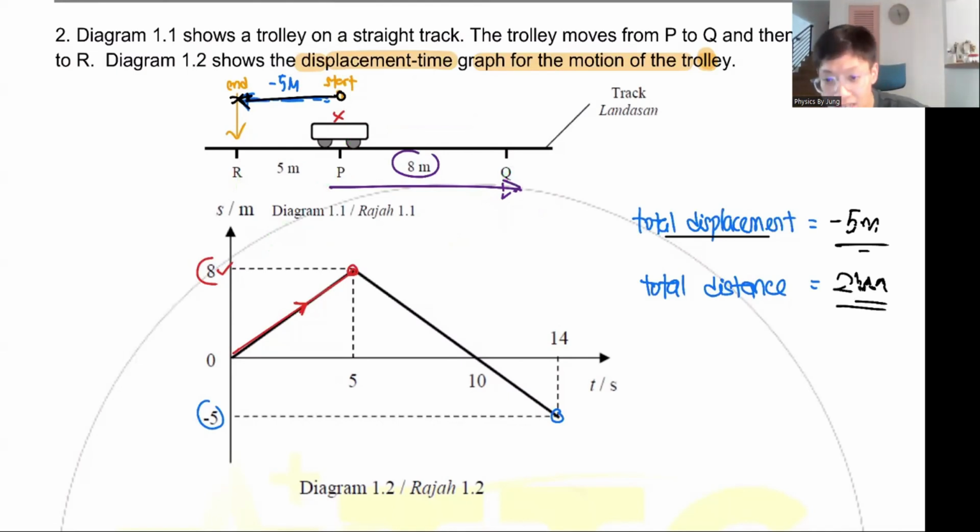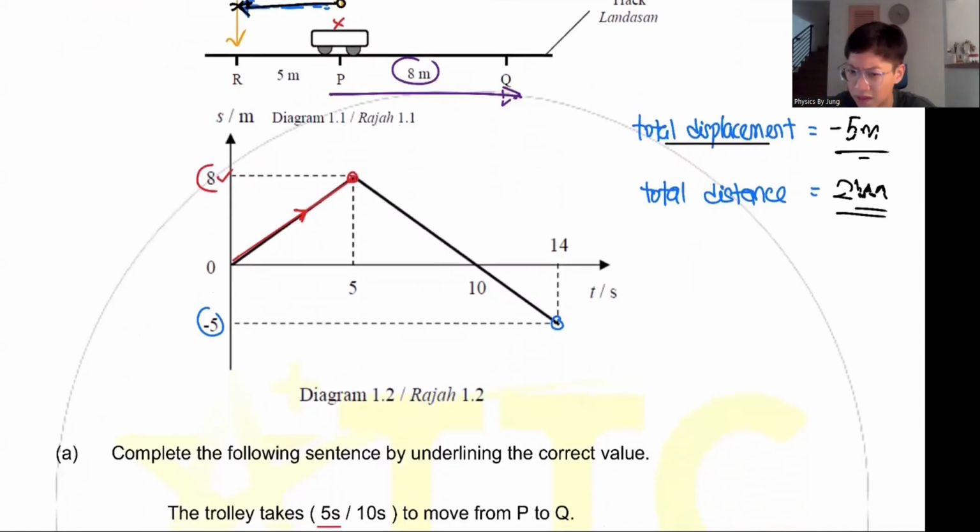Okay, make sense? Is this difficult? Because I got one school, the Kajang school. What happened was, many of the schools said, teacher, this distance is not very hard, or how do you see the total distance. So if you try to picture it, you move 8, then you move 8, then you move 5, so you get 8 plus 8 plus 5. So this is not difficult, right? Danish, it's not hard, right? Not difficult at all, right? Okay.